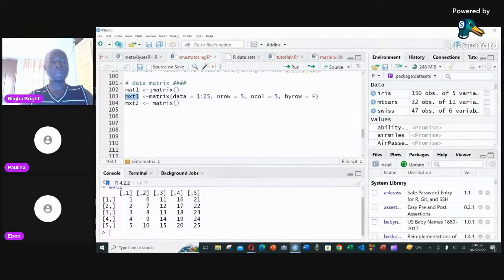But now let me give a few things here. For us to be able to understand or follow the matrix, let's all learn how to create random numbers. One of the easiest ways to create random numbers is, let's say, to use sample. So the sample, if you see when I come there, the sample tells me that I need to have